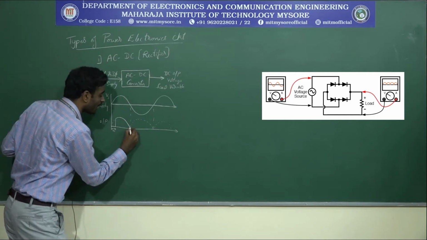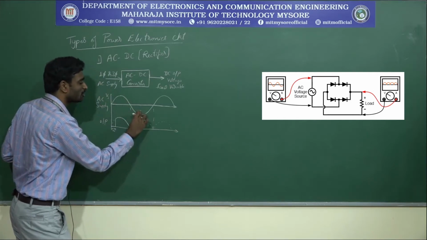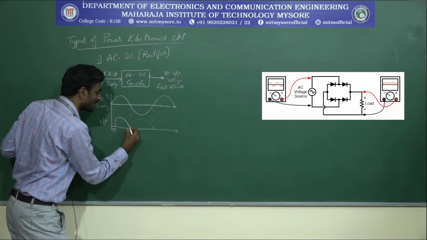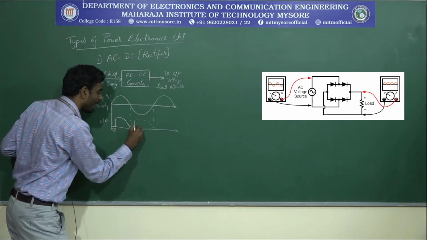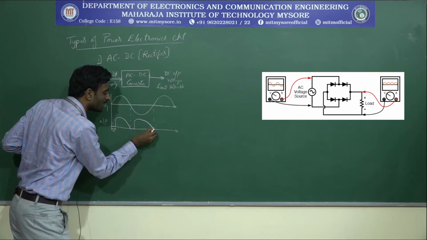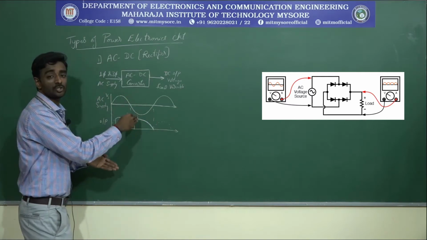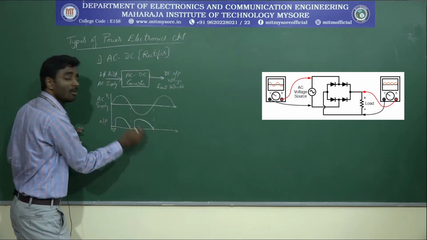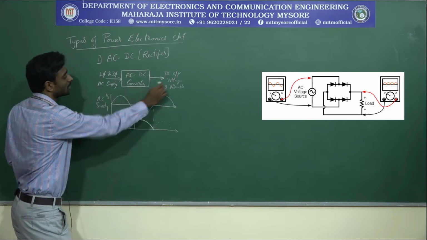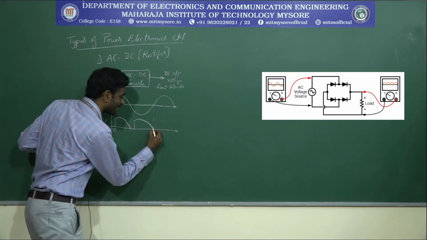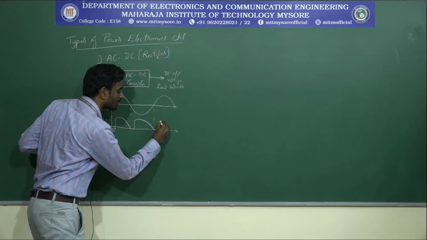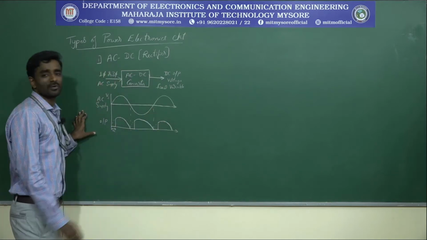When you consider the next half cycle, it will be a negative value, but due to the DC it will be pulsated, and based on this, whatever the value is will be retained with respect to the positive value. This negative value will be shifted to a positive value in the output voltage for the DC, and again the cycle will be repeated for n number of cycles.